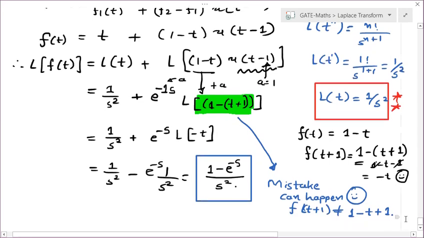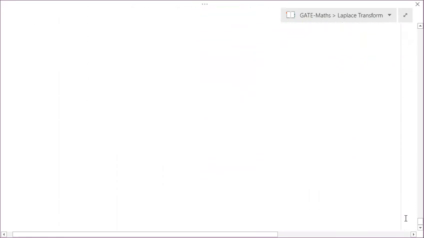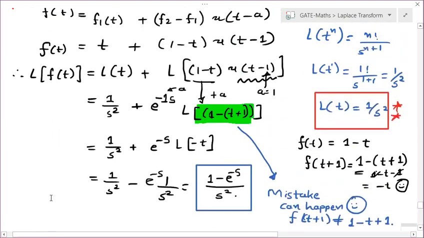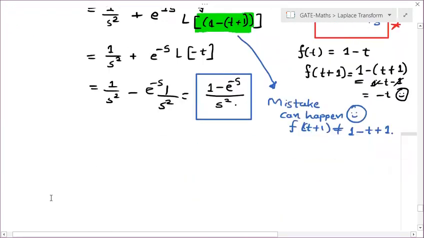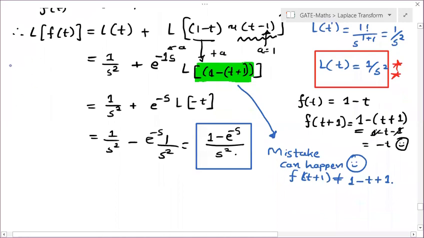So next. Okay. Let us see some next question, or you can do this by integration also. You can try this by integration from home. And then you can tell me which method you find easier. So from home, you can try this question by integration.